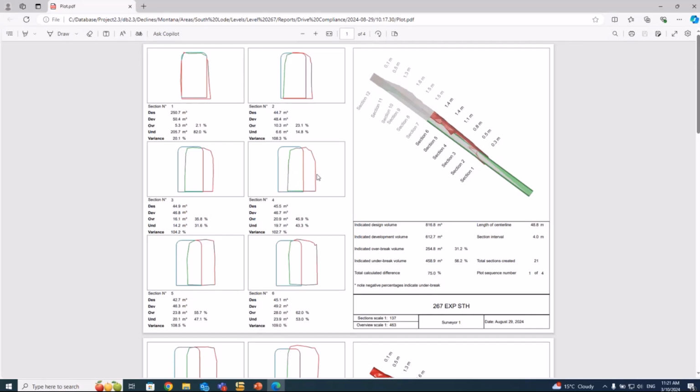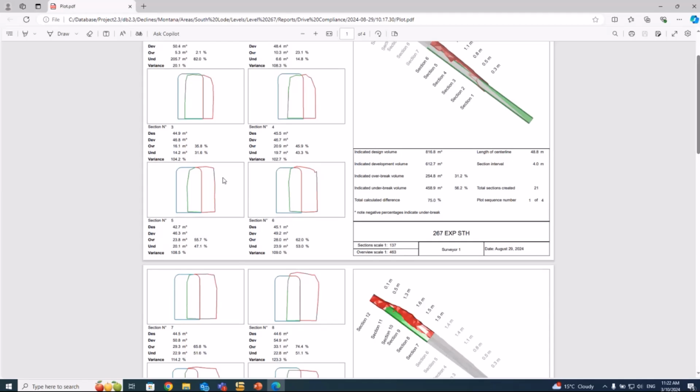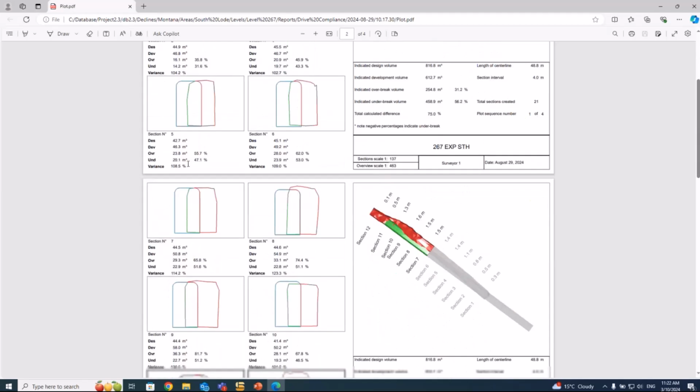So our red is the overbreak, and the green is what has been done on design or is inside the design. And as you can see, we have a design volume, the development, our overbreak, our underbreak, and our variance. So it's all through there. Then we have each cut going through